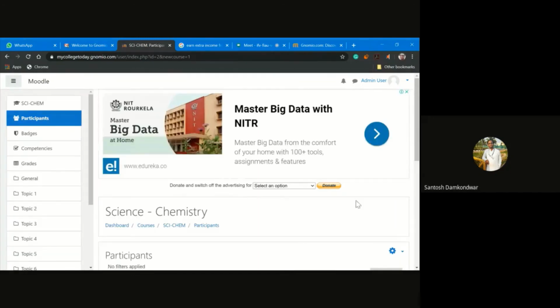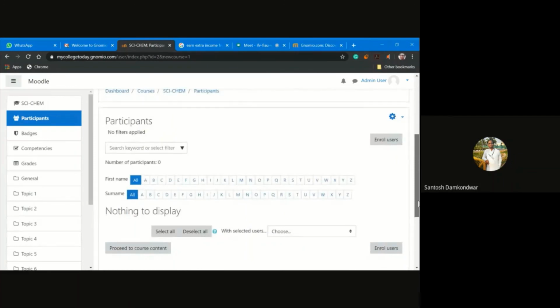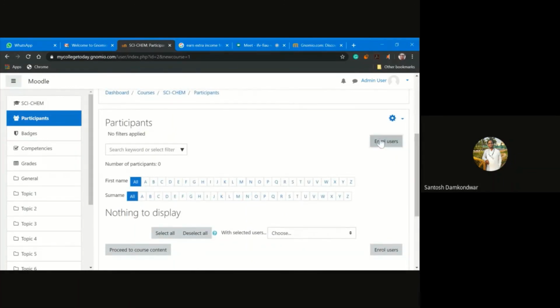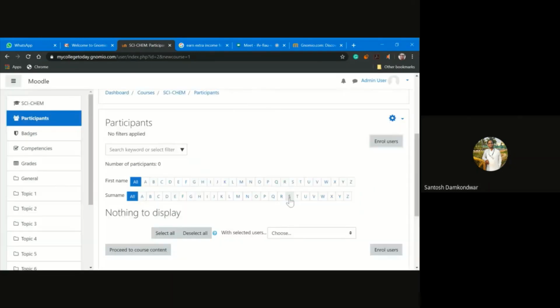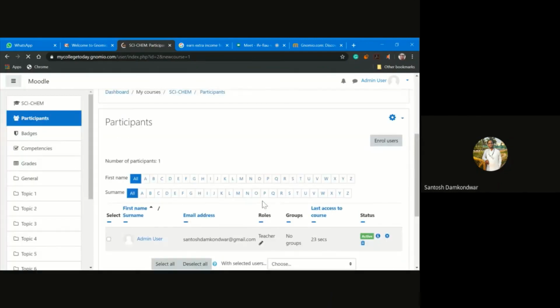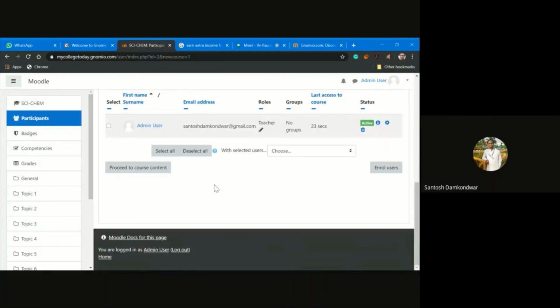Now remember, whenever you are saving and displaying, it will ask for some participants. So right now only the admin user is there, so I will just add my own, that is admin, and the admin user as a teacher. So right now only the teacher is there, no students are present in that particular course.